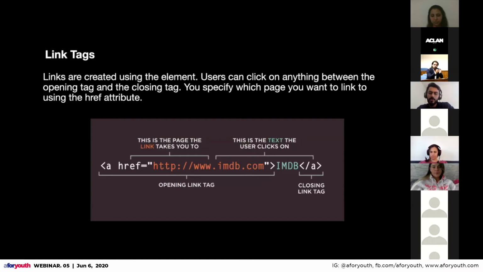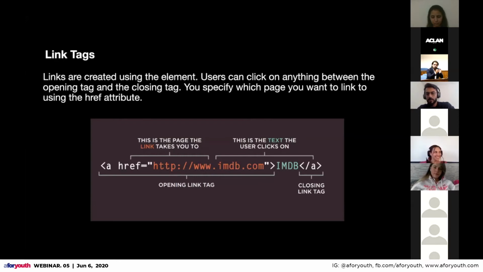So href is called an attribute of a tag. These attributes exist inside the opening and the closing brackets with the tag name, with the opening tag. It has to be inside the opening tag, and then with href you simply define where you want this link to go.